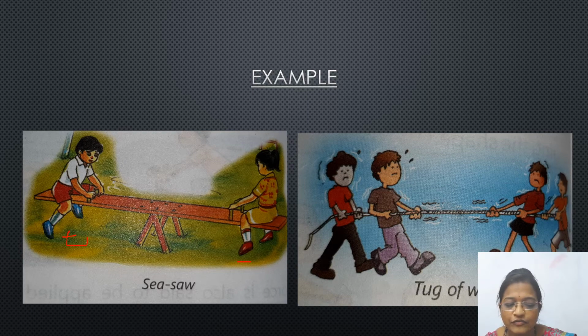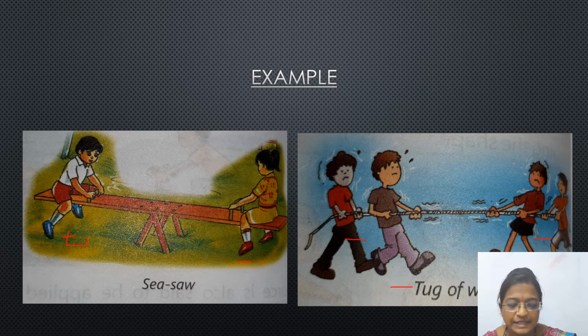Now in the tug of war, you can see here, as shown in the figure, if both the teams are equal in strength, they are just balanced. If here also two and here also two persons, and they are of the same weight, they can easily balance, isn't it? But if you take only one boy here, or more than one boy, can we balance? No, it is not possible. If both teams are equal in strength, they can be balanced. Otherwise, it is not possible. The rope does not move.